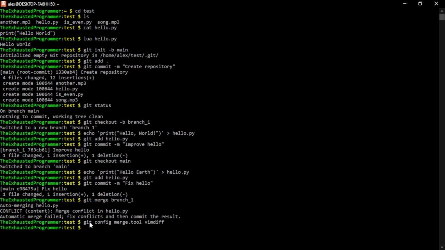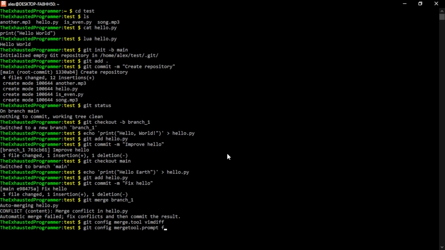But here we're going to use Git to change the config file for Git. We're going to tell it for the merge to define the tool to use vimdiff. I have read online where people said that vimdiff is the default, but there's no way for me to know if that's true for all operating systems, and it's always good to be explicit. There's a lot of other things that we could do with Git merge tool as far as settings, but the one I want to bring up here is